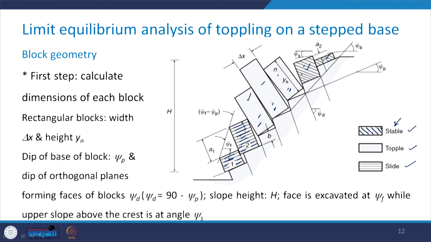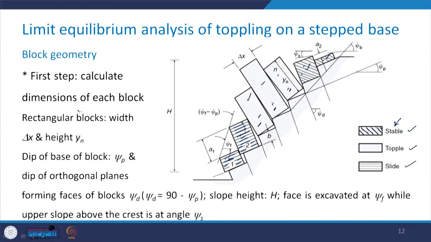So, there can be three types of blocks: stable, the block which is toppling, and the block which is sliding. So, we need to find out the block geometry. That is the first thing which we need to do as far as the limit equilibrium analysis is concerned. In case of the block geometry, the first step is that we need to calculate the dimensions of each block. Now, the assumption which is made here is that all these blocks are rectangular blocks